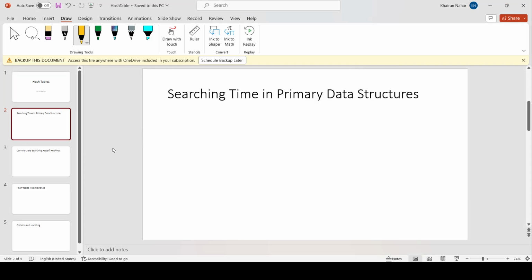হ্যাশ টেবল বোঝার আগে আমরা যেসব প্রাইমারি ডেটা স্ট্রাকচার ব্যবহার করে থাকি যেমন অ্যারেজ, লিঙ্ক লিস্ট এবং ট্রিজ এই ডেটা স্ট্রাকচারগুলোর সার্চিং টাইম ব্যাপারে একটু দেখে নিই। ফর অ্যান অ্যারে অফ এলিমেন্টস, আমার যদি কোনো একটা পার্টিকুলার আইটেম